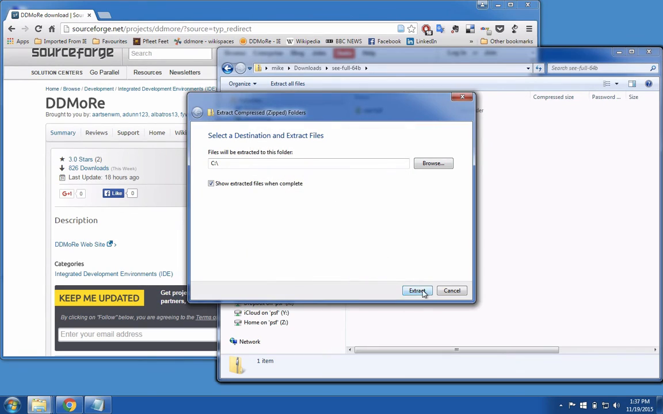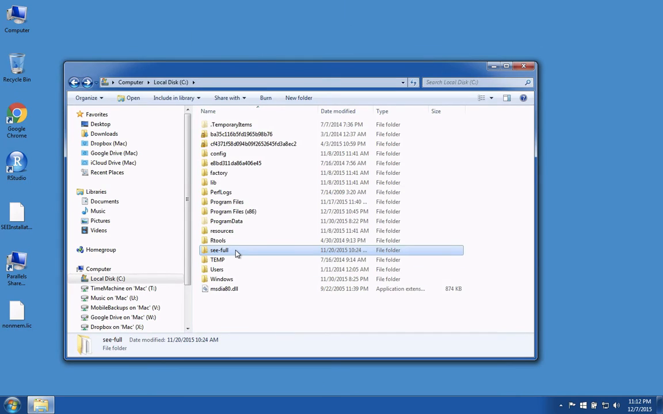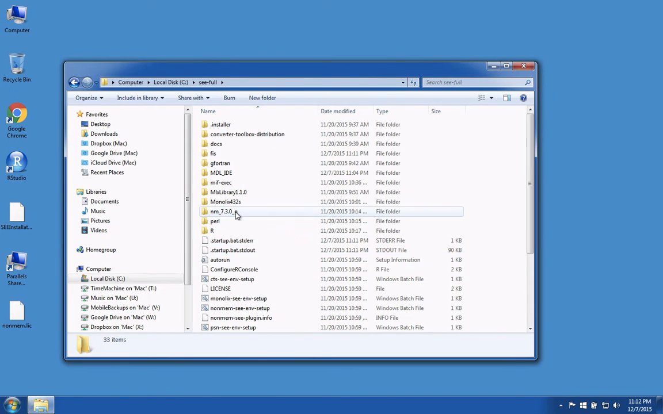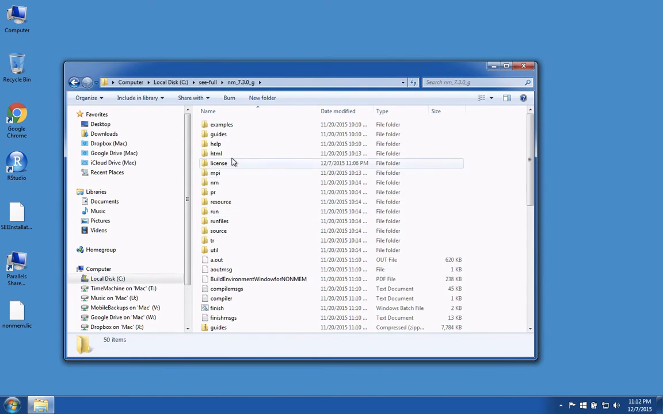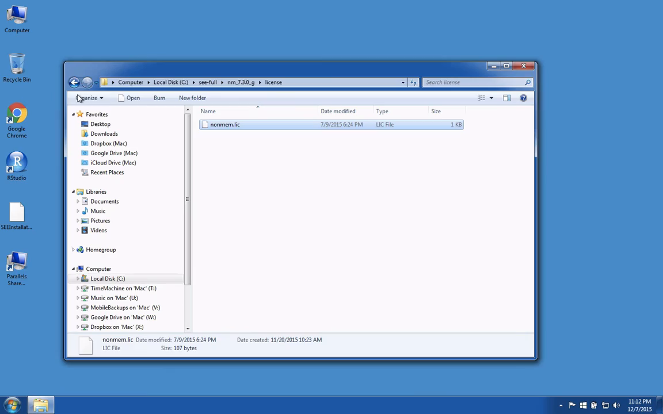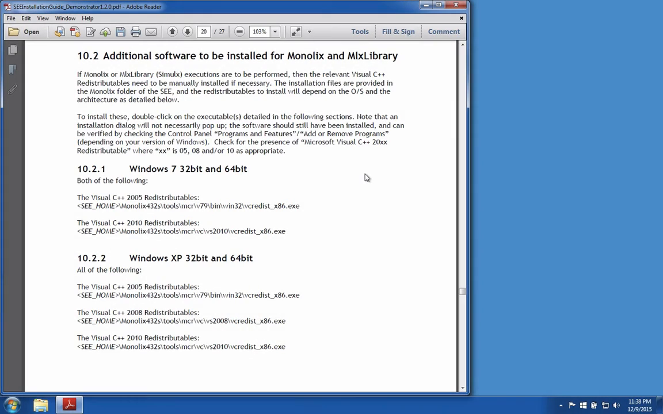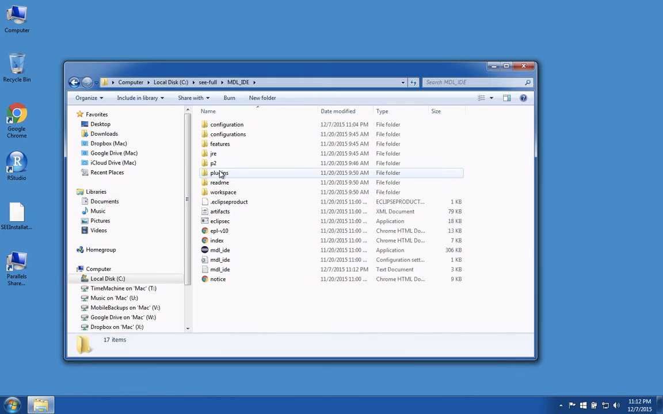Please refer to the installation user guide for details on how to obtain NONMEM executable files for use in the SEE, and how to request a temporary NONMEM license key if this is required. Before you start up the MDL IDE, you will need to ensure that a valid license file for NONMEM is placed in the NONMEM license directory. The SEE comes with a license file for Monolix, which is valid for a period of 45 days. If you do not already have Monolix installed on your computer, you may also need to install the Visual C++